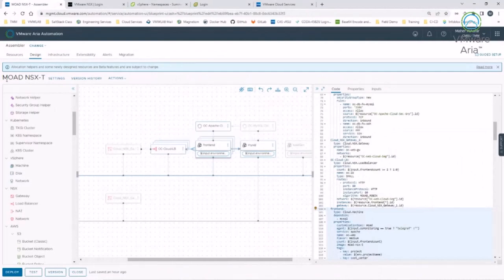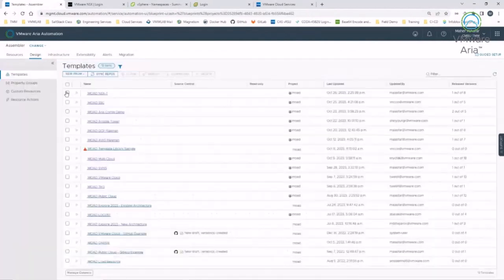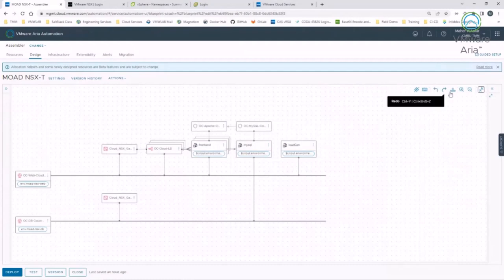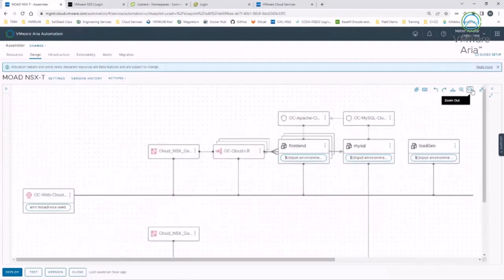my NSX-T template. So I go to Design, Templates, and I open it. Hopefully it's not too small, but if I maximize this and blow it up a little bit,